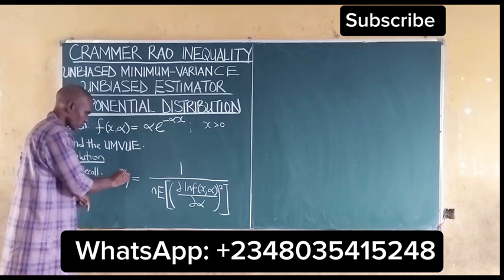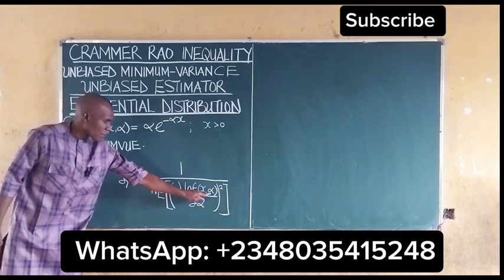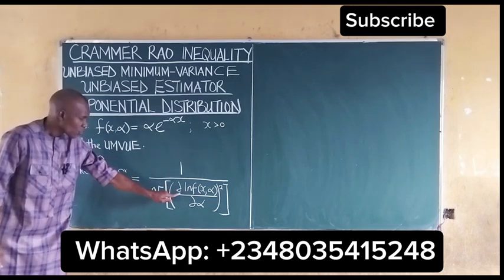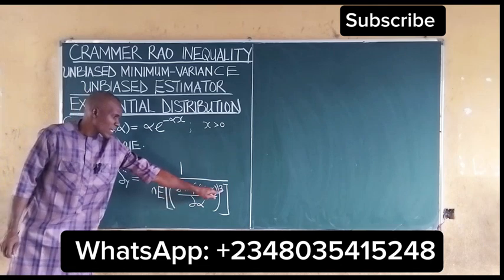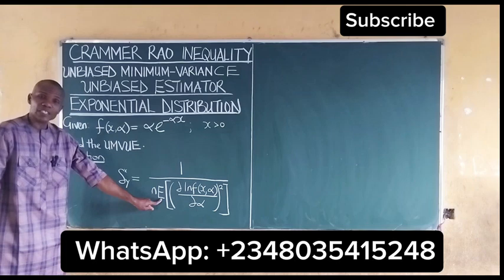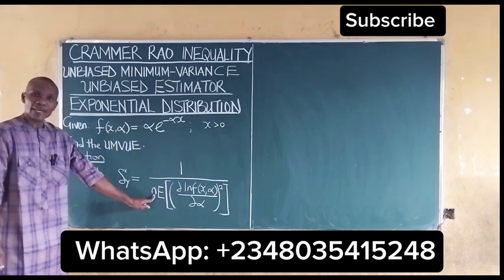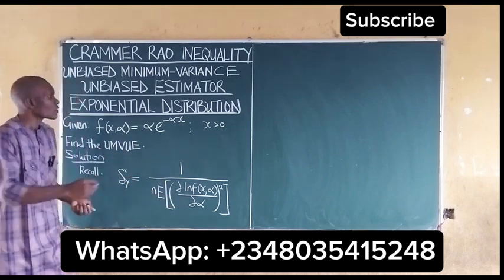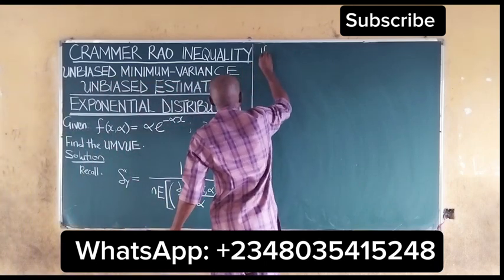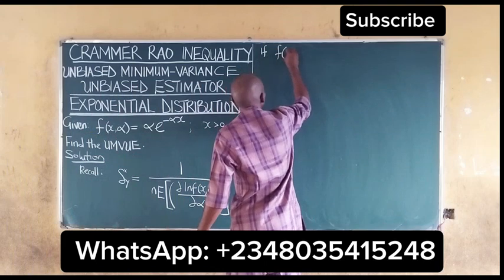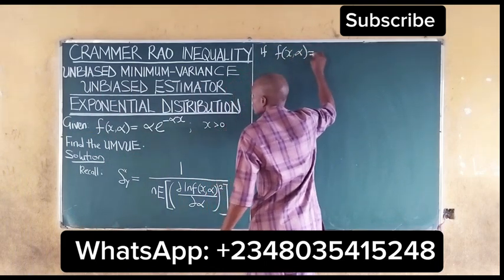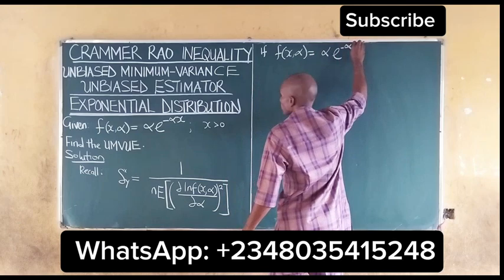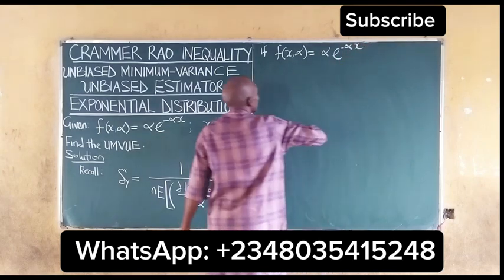What do we now do? This is our PDF that is given. The next thing to do is to find the log, differentiate with respect to phi, take the square, take the expectation and multiply by n. Whatever we get, we now compare with the Cramer-Rao inequality. So if f of x, phi is equal to phi multiplied by the exponent of minus phi x, if this is our PDF,